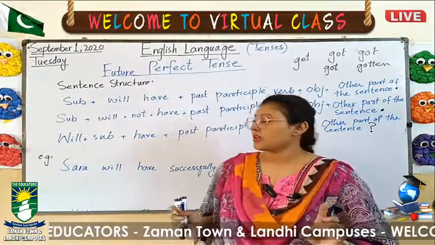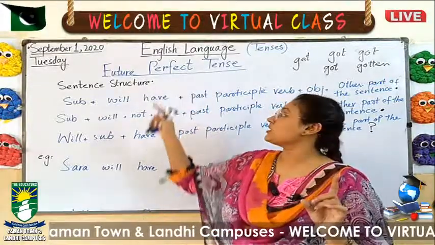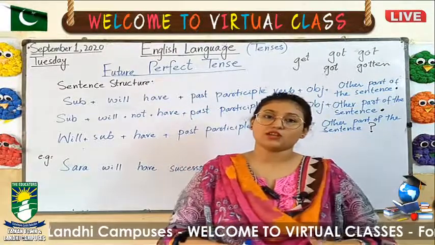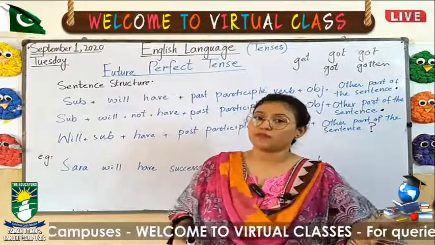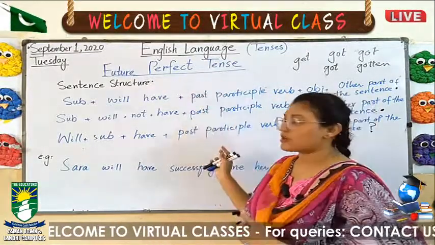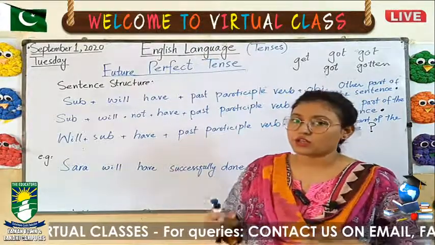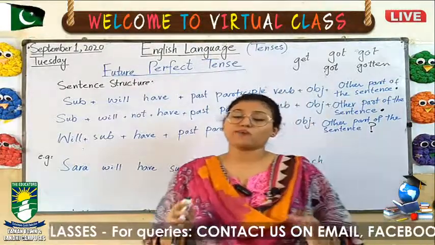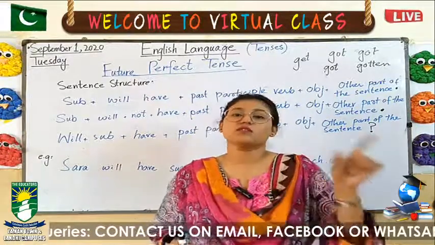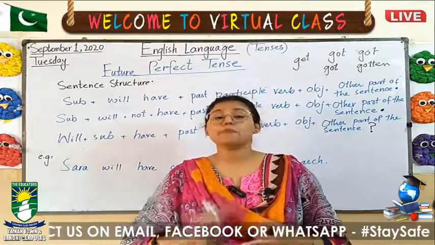Is that clear? Fine. Now the same pattern you have to follow. And the most important thing is that again you have to begin your work with a new page, not from the same page where you have ended your past perfect tense. Future perfect tense heading would be over there. Sentence structures you have to write. Then you can copy my examples, or if you don't want to copy, you have been given five sentences for each topic to make. Is that clear? So keep practicing tenses.